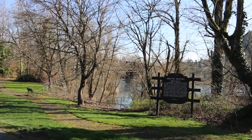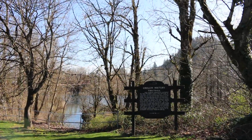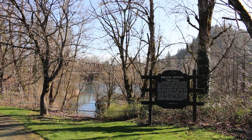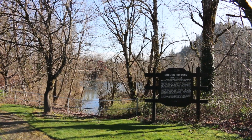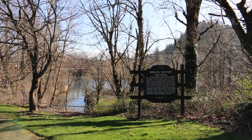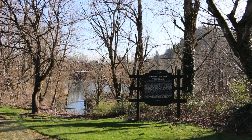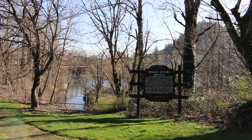And this sign tells a little bit of a story. It was settled in the 1850s. Cattle herds of the early pioneers were driven to the nearby Sandy River from the Dalles, while the immigrants rafted their wagons down the Columbia. First known as the Sandy, the present name came from fish ponds built by the town's founder, Captain John Harlow, like we had just discovered. So just an incredibly beautiful day. And just so much in such a short little